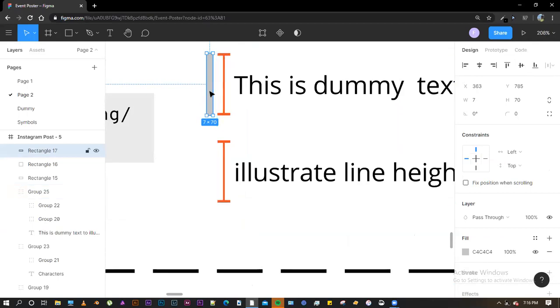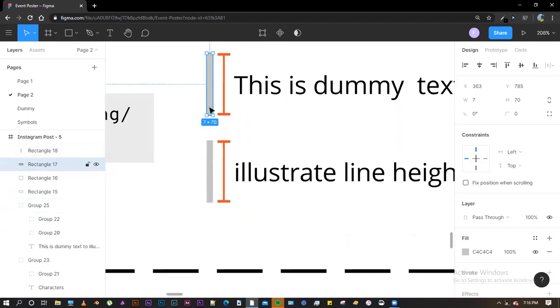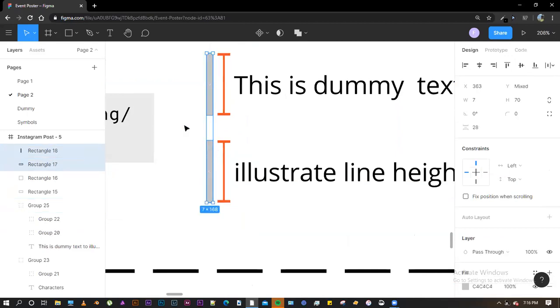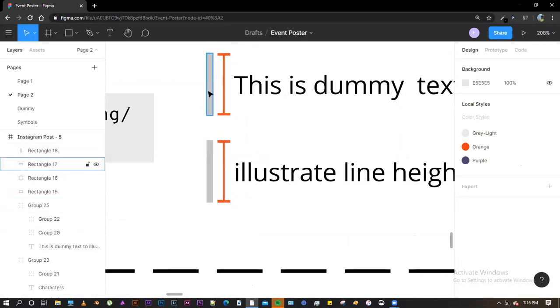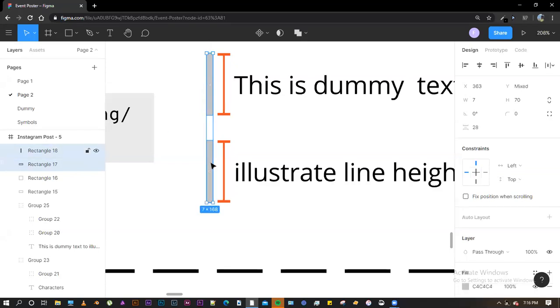If I create another rectangle, duplicating it by holding Alt and dragging it with my mouse, the line height is 70, and the distance between these two, which you can see from the right-hand side by clicking on the first one and then holding down the shift key and clicking on the second one.